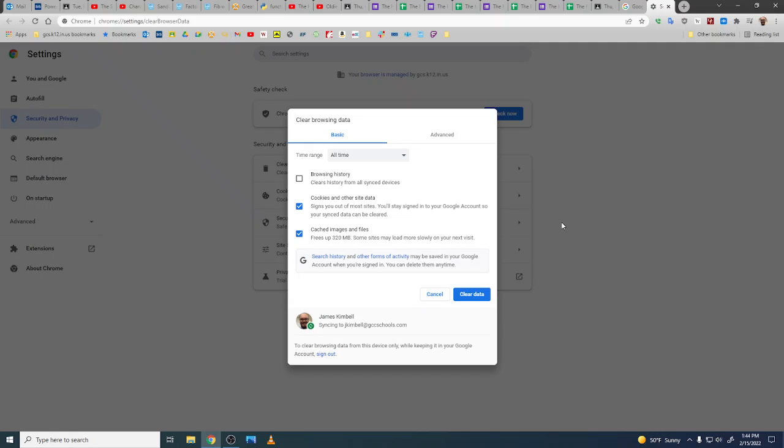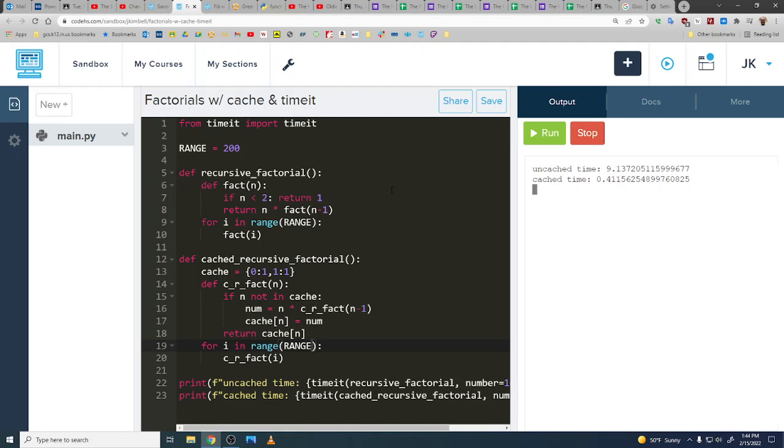And if you think you're going to do it again sometime soon, you might as well hang on to that for a minute. We could encounter situations where the cache gets too big and we run out of memory. So there are ways around that by deleting ones that are old or deleting ones that are least likely to be used, etc. I was going to show there is a built-in